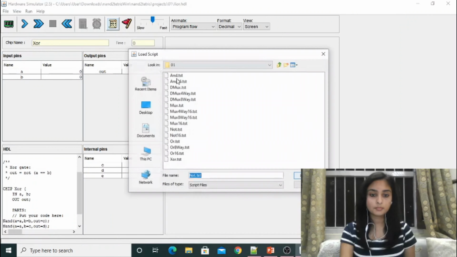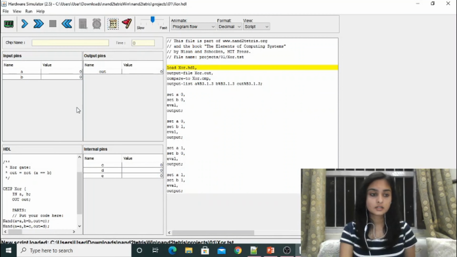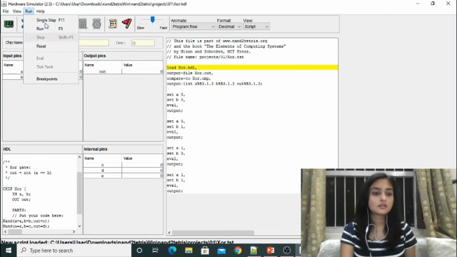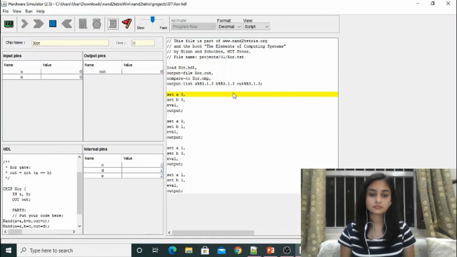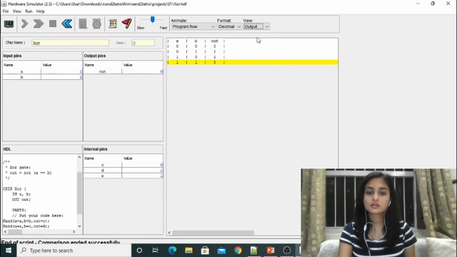We loaded the chip, and now we are going to load the script. Again, the inputs that we give here are A and B, and the output that we seek is given by out, which is the output pin over here. Now we run it, and now we will check for our output. Yeah, so this is the desired output. When either of them is 1, that is when we yield a high output, otherwise it's 0.